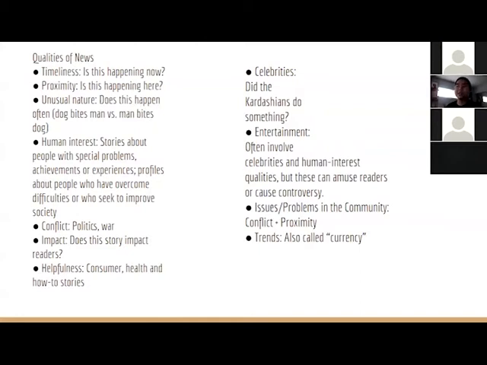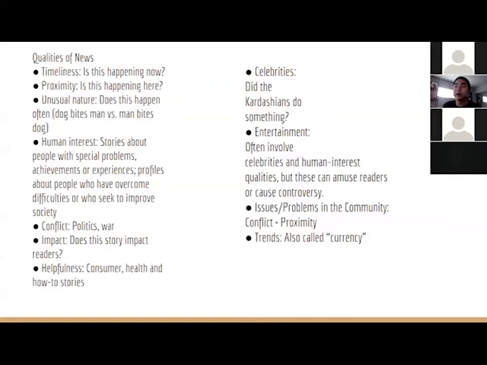We write stories about impacts. Does the story impact the readers? So I know in the LA area, last year, they wanted to open up a Walmart. That impacts the people in the area, because if you open up a Walmart, it could shut down businesses in the HP area because it crushes small businesses. You can write about COVID because it's not only timely, it's impactful. People have to shut down their businesses.